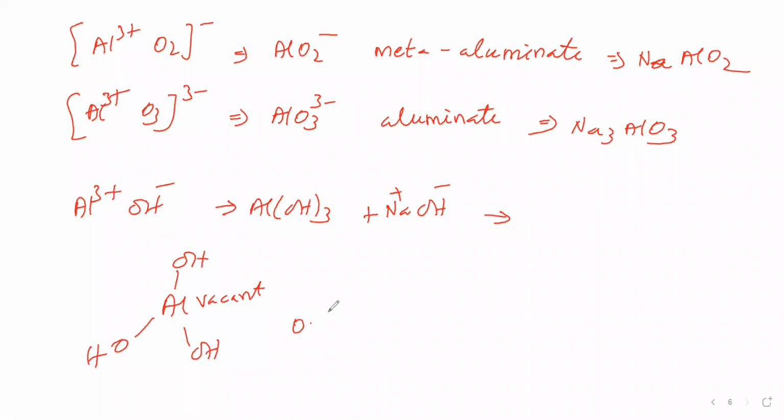This OH- will take. OH- contains a negative charge at the oxygen. Oxygen is having 3 lone pairs. Now what happens is this oxygen is contributing a lone pair to this aluminum. Therefore, this aluminum becomes, you see, Al with OH, OH, OH. This is making a dative bond with aluminum. That dative bond we will write as a normal covalent bond. It is acceptor, negative charge. It is donor, positive charge. Already minus is there. Therefore, net charge becomes 0.